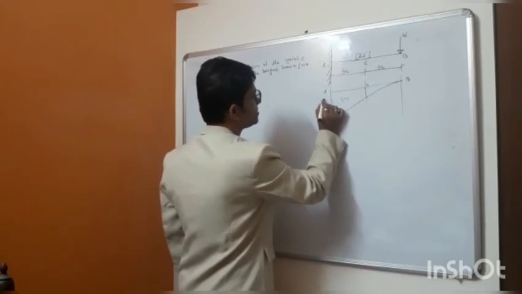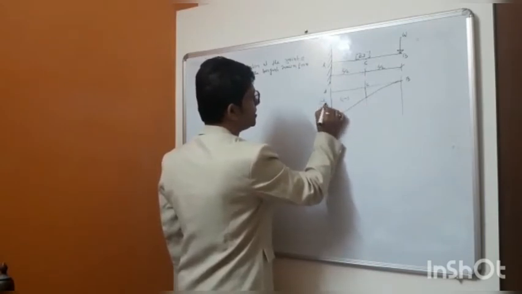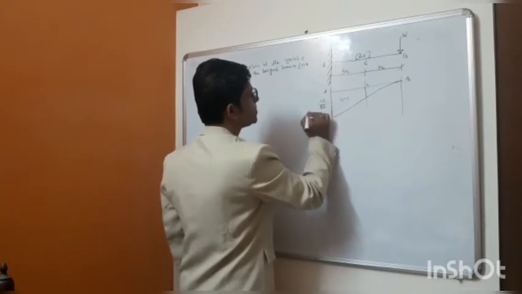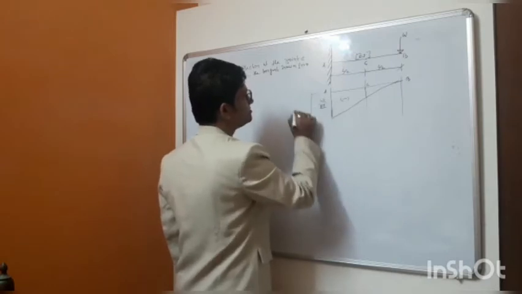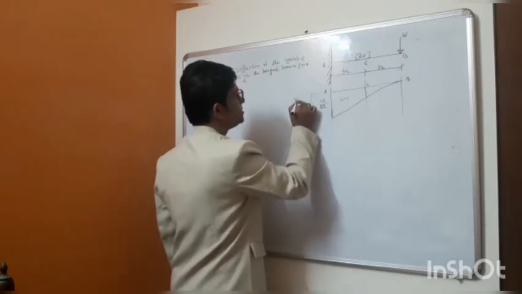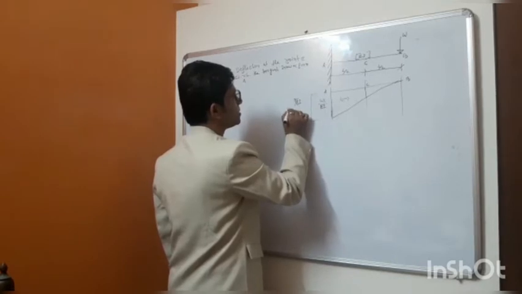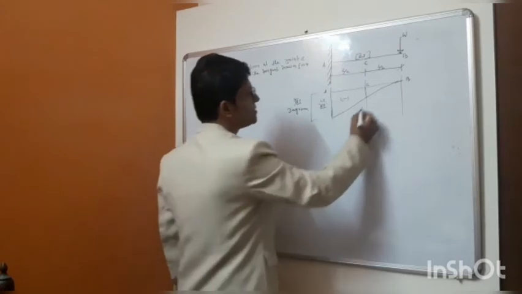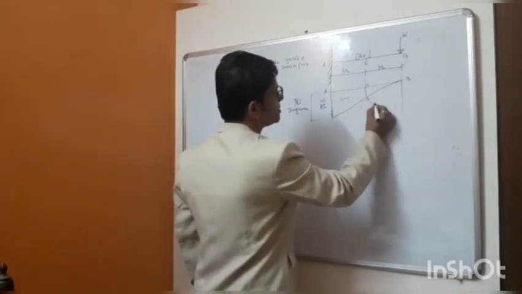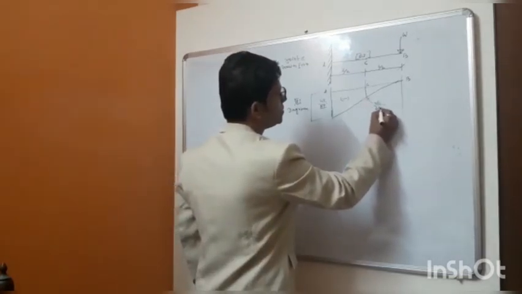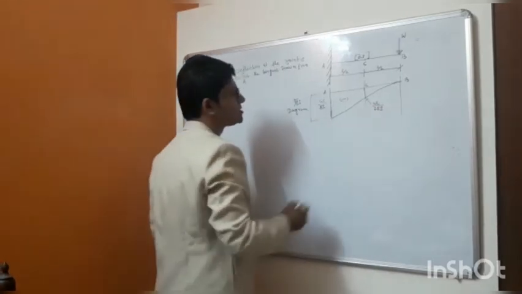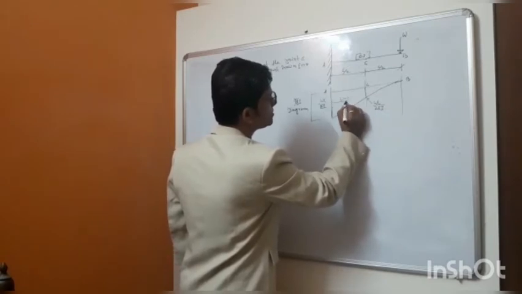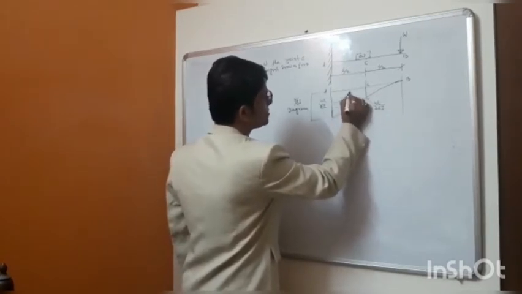Here it is WL by EI, and here it is WL by 2EI. Now let us divide this part into two parts, that is, one is the rectangular part,